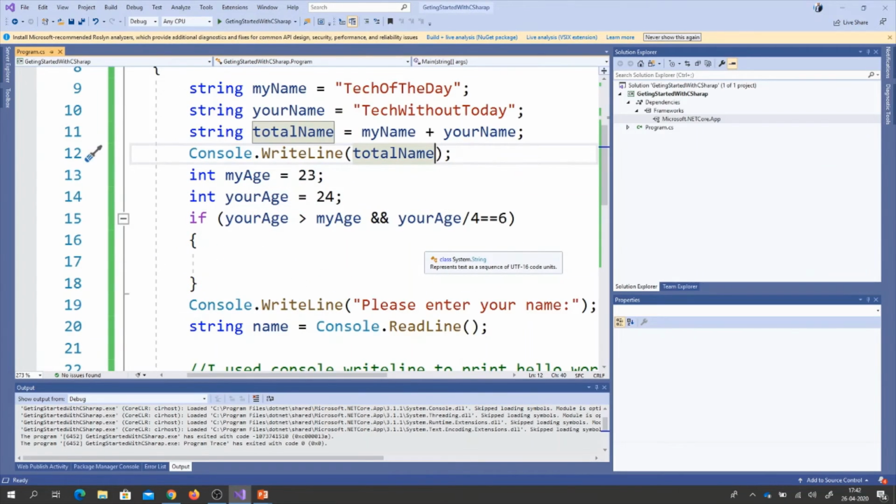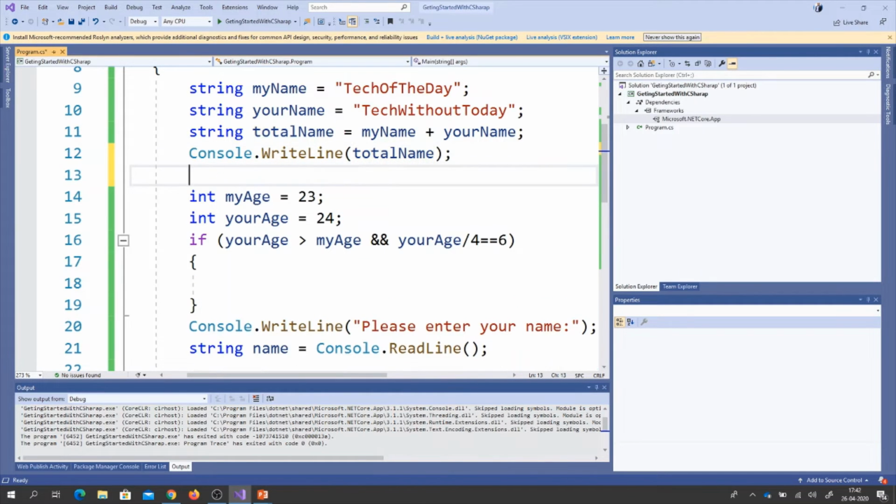So that's very simple, right? Just concatenated. But you might have a situation where you need to use age as well as name. What I want to print is